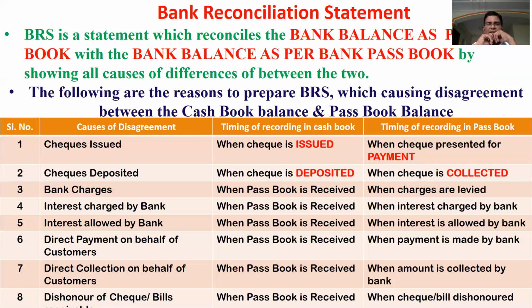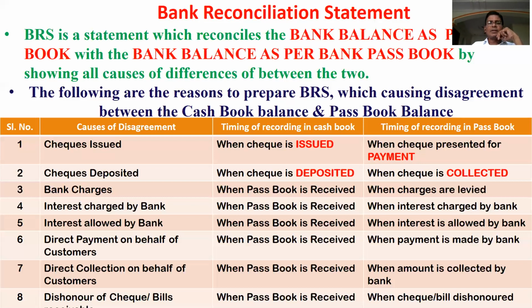For example, take a second example. We think we have 20,000 in our bank account. We got a check of 10,000 from a customer. When we get a check, we deem it as cash. So 20,000 plus 10,000 is 30,000, because we deposited the check in the bank. According to our cash book, it shows 30,000, but there is only 20,000 in the passbook because the check is sent for collection. It will take one week or two weeks for collection. In these one or two weeks, what happens? We think we have 30,000 in our bank account, but the passbook shows only 20,000. These are the causes of disagreement.